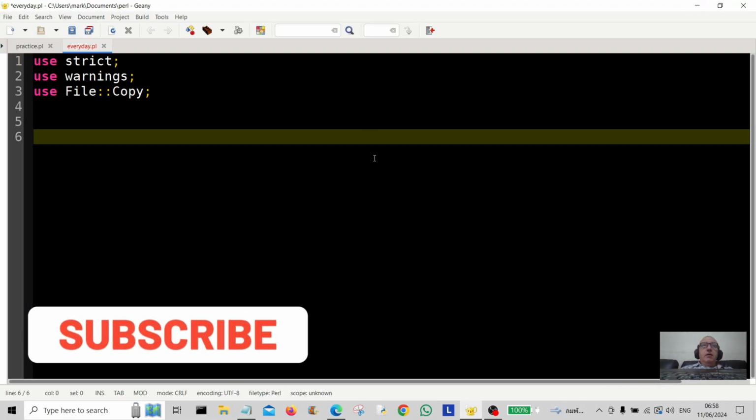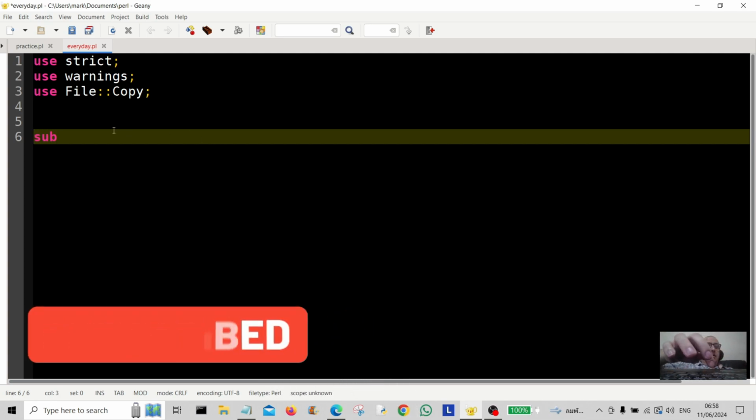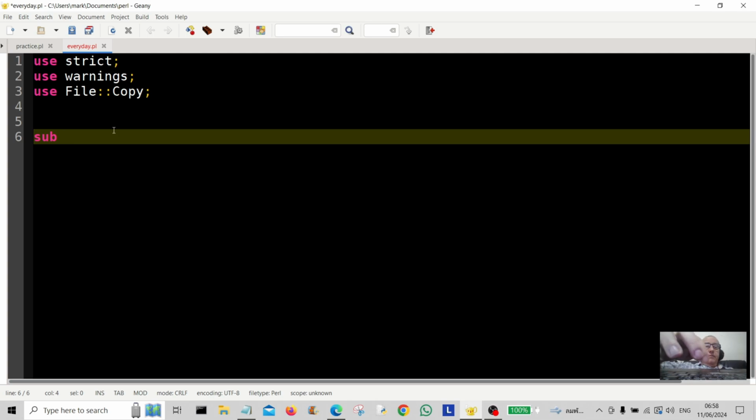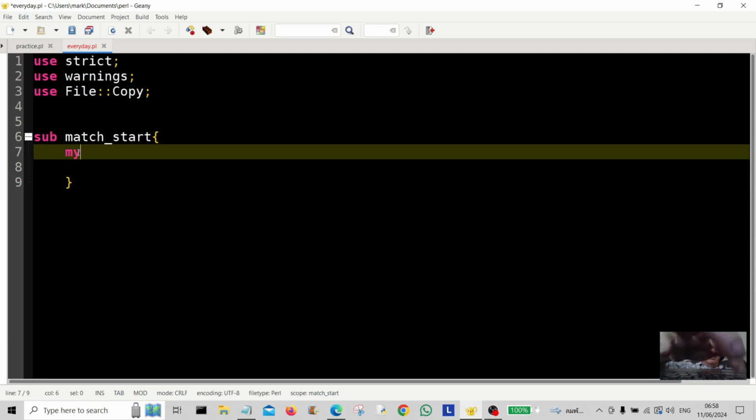Today we're just going to do a little bit of matching with regex. So I'm going to create a subroutine here called match start. We're going to create a scalar variable called string, and I'm going to assign it to www.example.com,